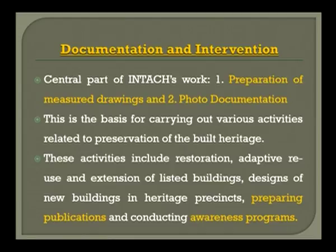Now, what was the central part of it? The first step is preparation of measured drawings and second, photo documentation. This is the basis for carrying out various activities related to preservation of the built heritage. These activities include restoration, adaptive reuse and extension of listed buildings, designs of new buildings and heritage precincts, preparing publications